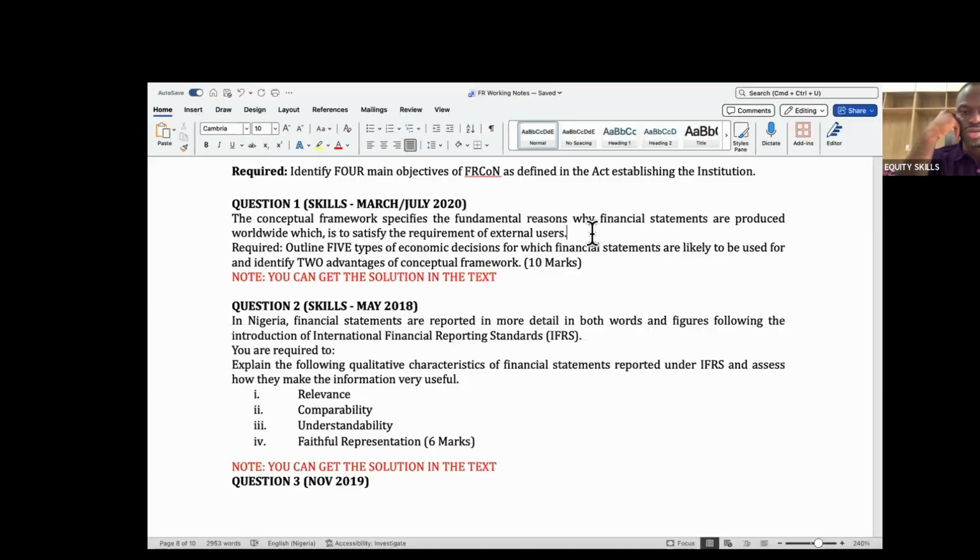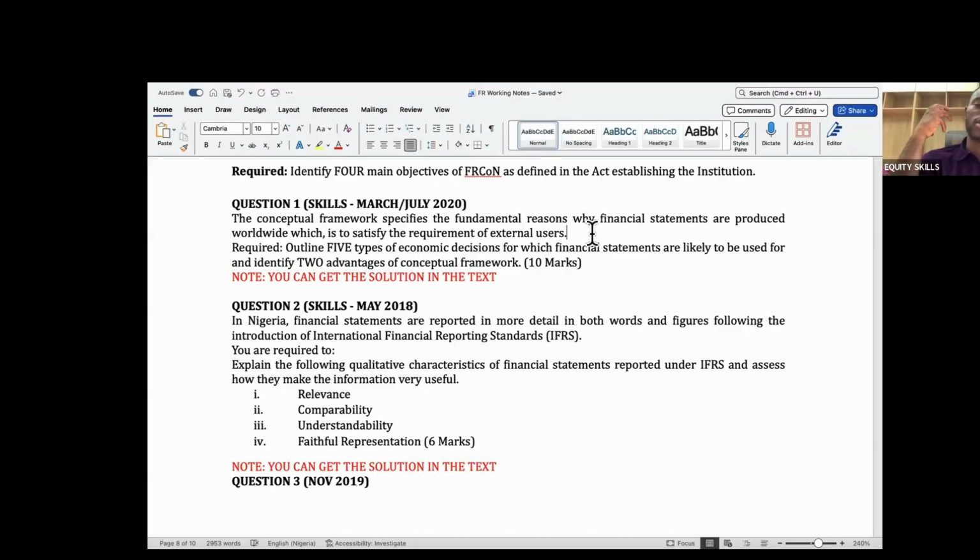Number 1, to determine whether to buy or sell the shares of a company, to determine how to vote during an annual general meeting, to determine whether to lend the company more money or to start a process in which they can recover their past borrowings, to make a decision about whether they should provide additional trade credit to the company, to determine whether the company is liquid and would be able to pay interest as and when due, and also to determine whether the company is efficient in the utilization of the